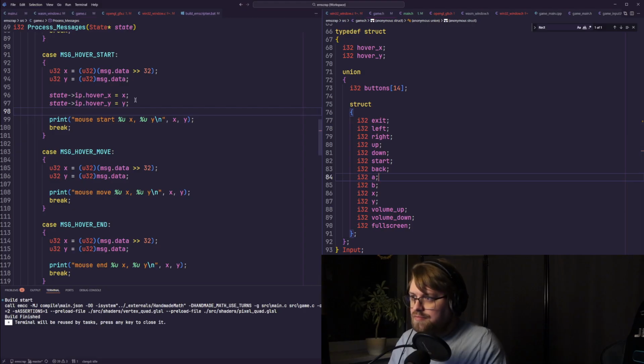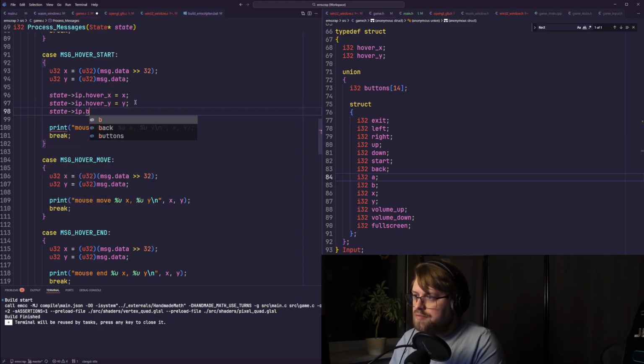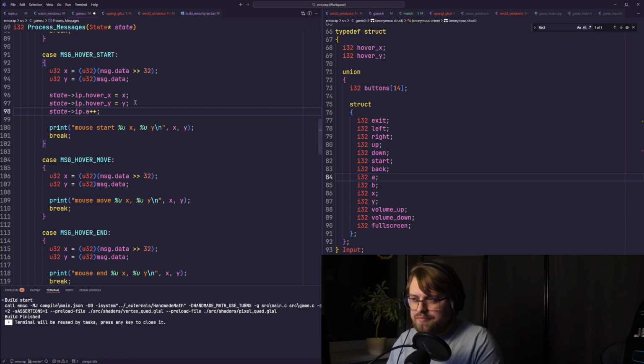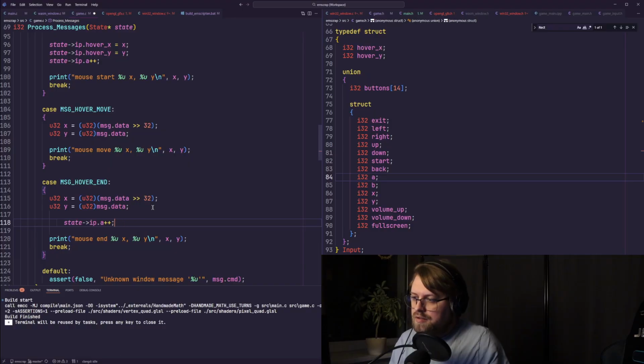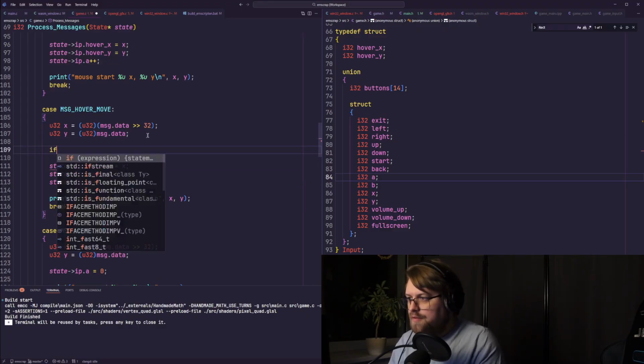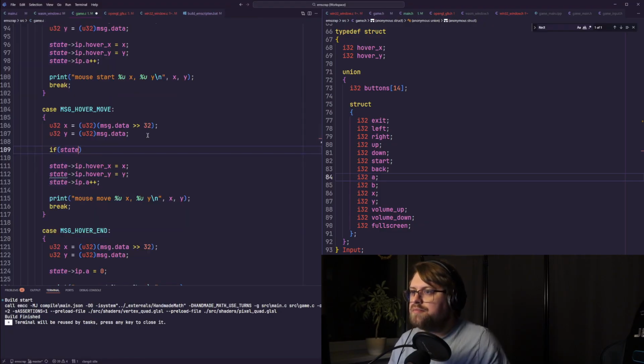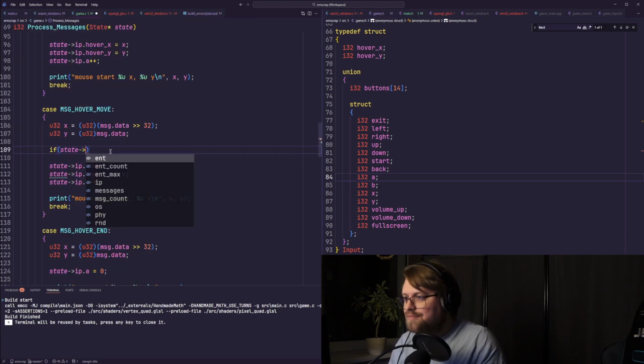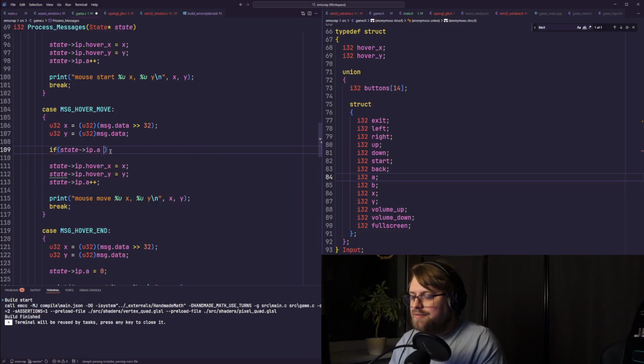Down, A. At the end. If states IPA larger than